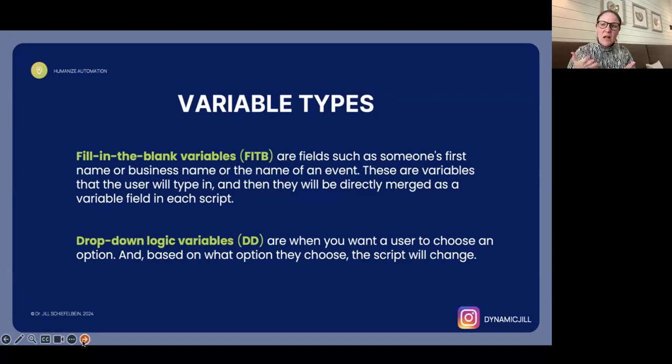So we have fill in the blank variables, like when people put their first name, and then drop down logic variables where they pick, are they in a leadership role or a supporting role? What's their level of experience with generative AI, which is one of the questions I ask. I see different people on the line, and let's say you were doing something with media and you wanted to know how much experience someone had with media coming into this. How many times have they been on news? Have they been on camera before? Whatever it may be, you could cater it that way. Maybe you want to know how effective someone feels they are at storytelling, so you can better cater what resources you're going to send them. You can have drop down options for that. So the possibilities are endless here.